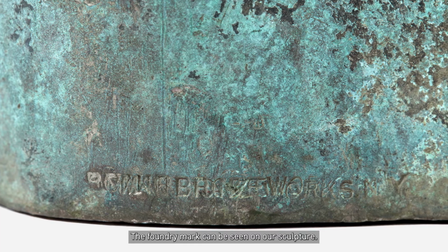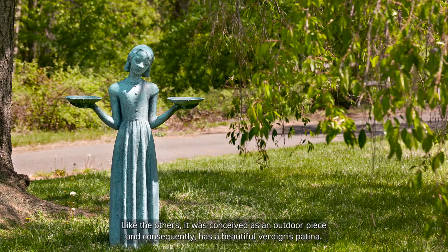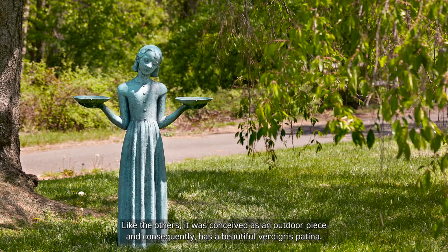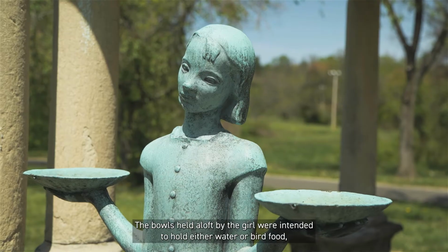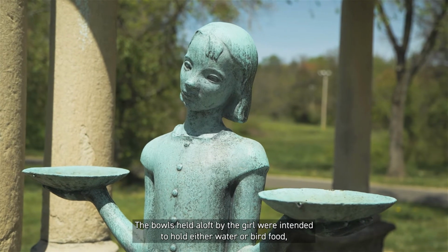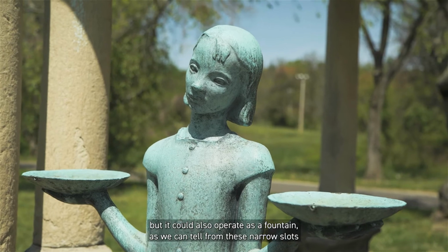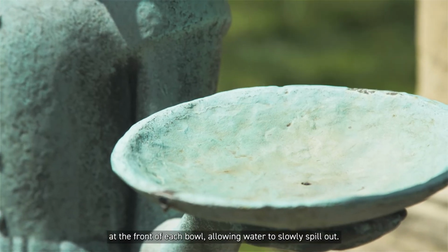The foundry mark can be seen on our sculpture. Like the others, it was conceived as an outdoor piece and consequently has a beautiful verdigris patina. The bowls held aloft by the girl were intended to hold either water or bird food, but it could also operate as a fountain, as we can tell from these narrow slots at the front of each bowl, allowing water